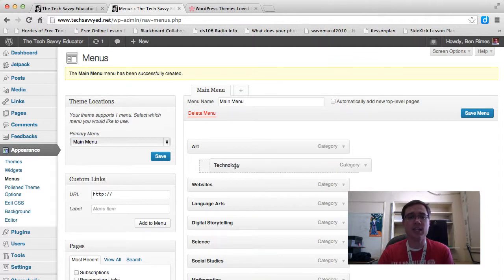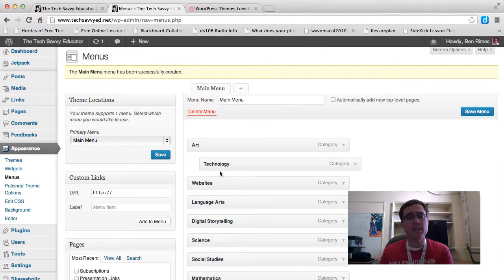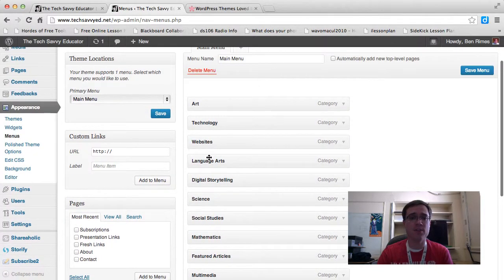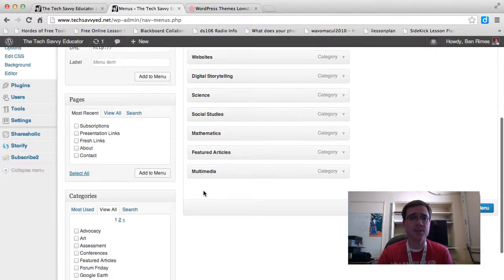I can even take these and drag them over to the side, and this would create a hierarchical menu, right? So art would be that main button that you would hover over or click on, and then technology would appear below it. So if I take a little bit of time and try to recreate that menu, I'll drag language arts to the top here. Alright, so if I use language arts as my example, I've got language arts added here,